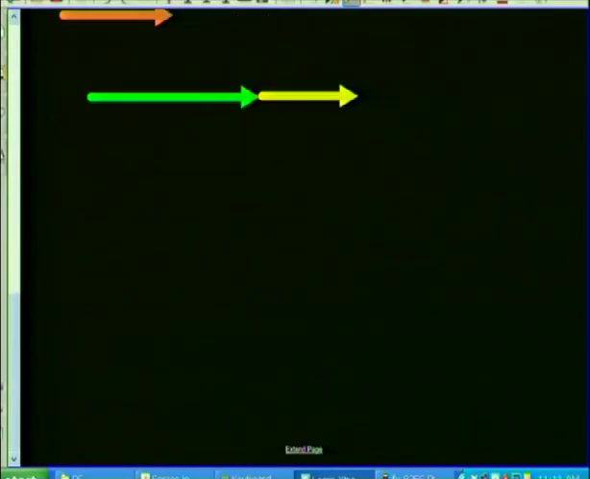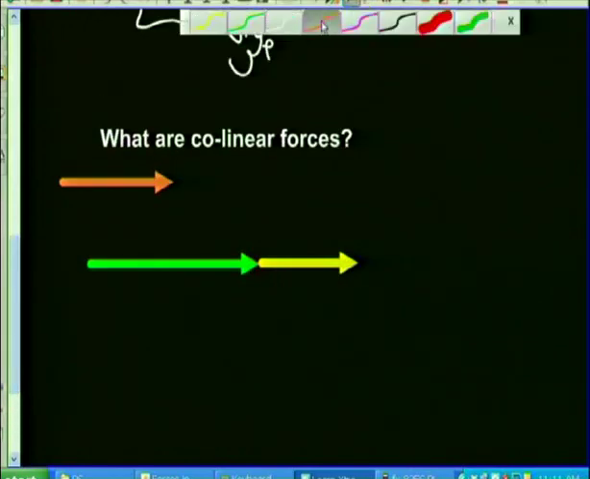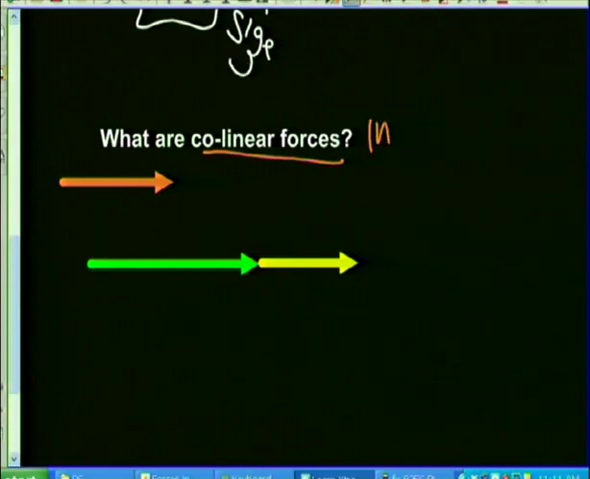Now, there's another term that's really important, and it's an idea that I want you to get in your head right from the beginning when we're talking about forces: that we have these forces that are collinear. Let's have a look at what this means. So collinear simply means that they're in a straight line, so it's in one line,